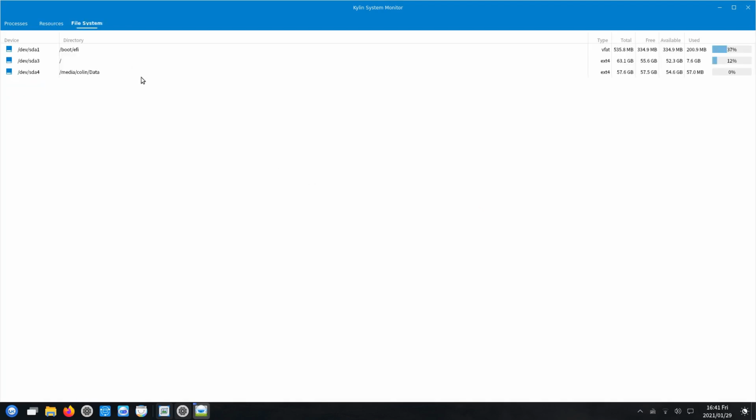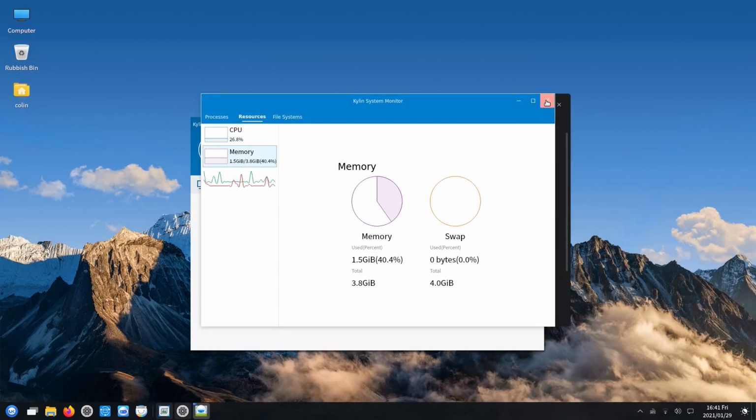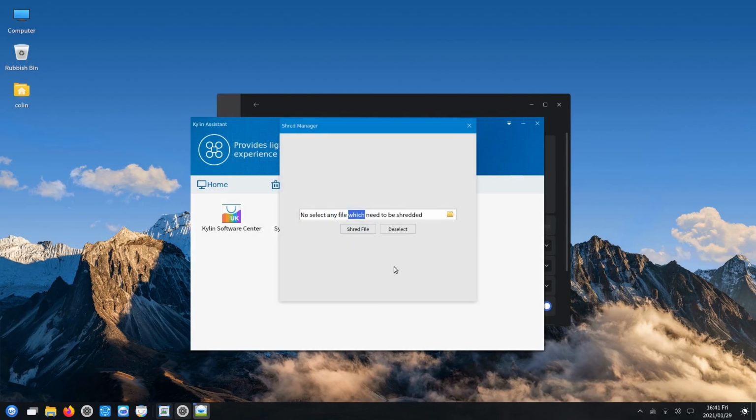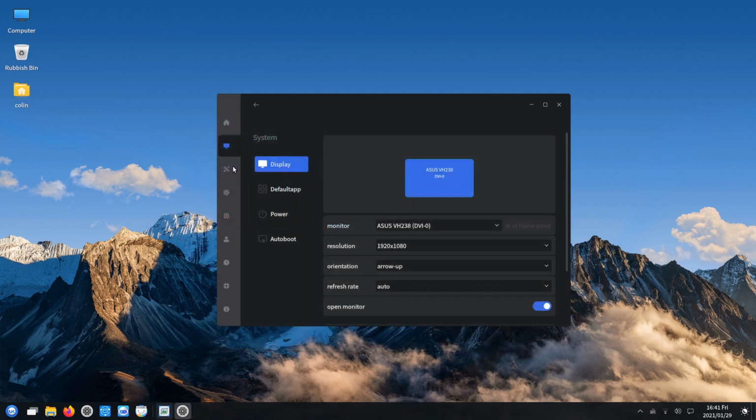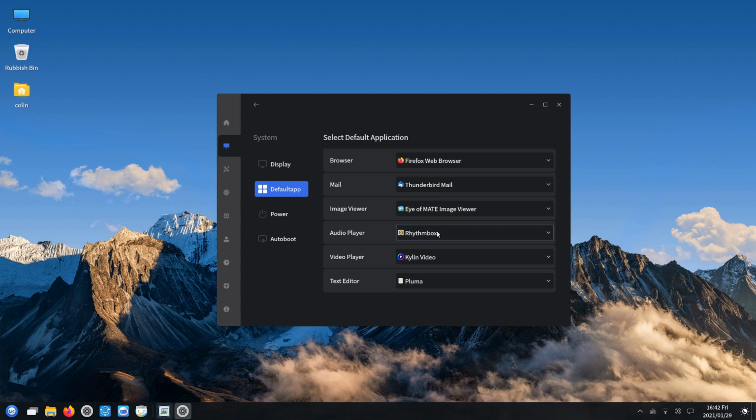And then you've got the file system there. So that's not too bad. Yeah, the memory's a little bit on the higher side than I would have thought. But it has got some nice graphical displays, maybe that uses a lot of memory. And then you've got Shred Manager, Shred File, okay. So that's that. So under System here we've got Display, oops, Default Apps,